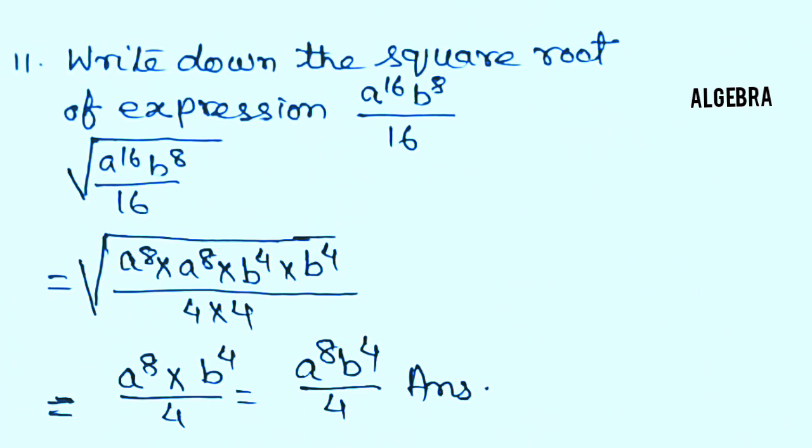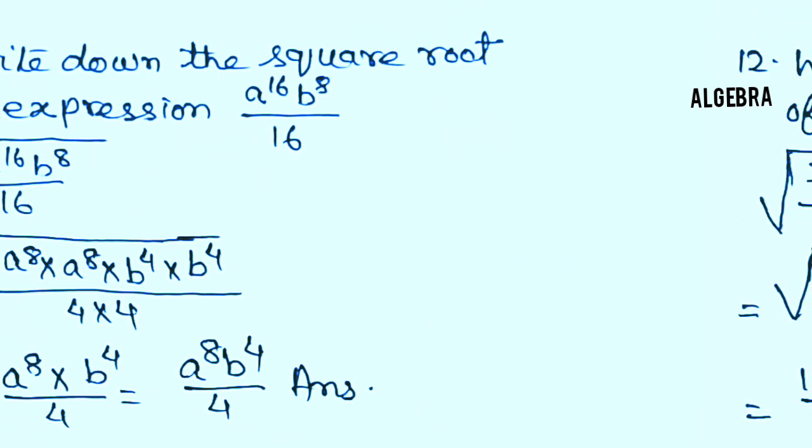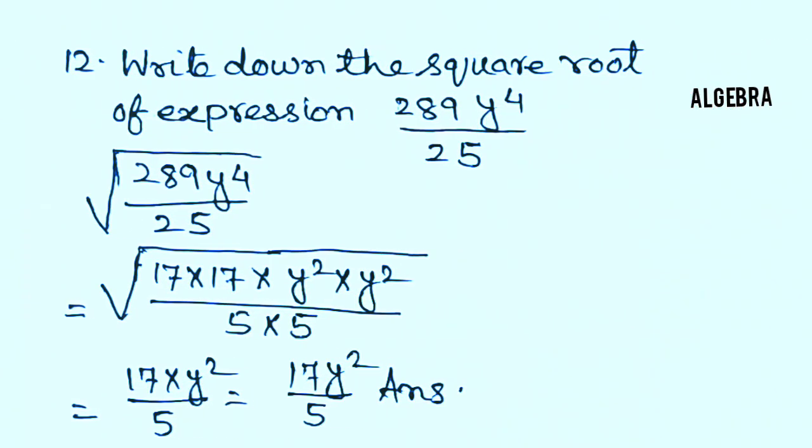of expression a to the power 16 b to the power 8 by 16. Square root a to the power 16 b to the power 8 by 16 is equal to square root a to the power 8 into a to the power 8 into b to the power 4 into b to the power 4 by 4 into 4 is equal to a to the power 8 into b to the power 4 by 4 is equal to a to the power 8 b to the power 4 by 4. Answer. 12. Write down the square root of expression